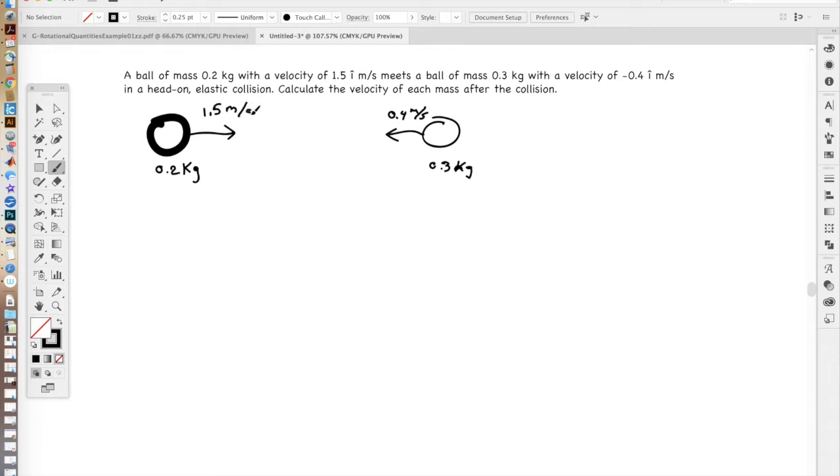Now, this is an elastic collision, which means that afterwards they're going to be moving with their individual velocities. And this is a bit of a tricky question because we have two unknowns, the velocity of the first mass and the velocity of the second mass